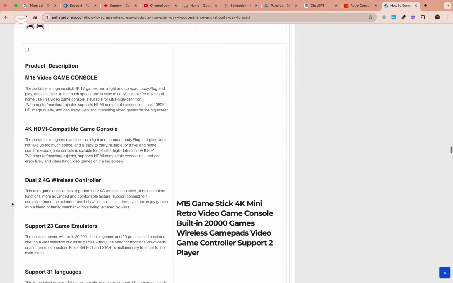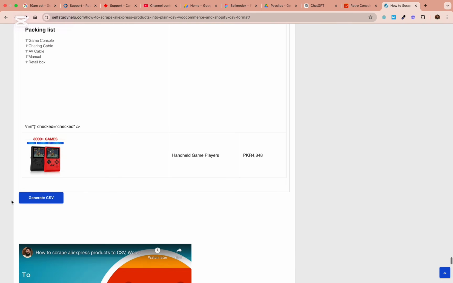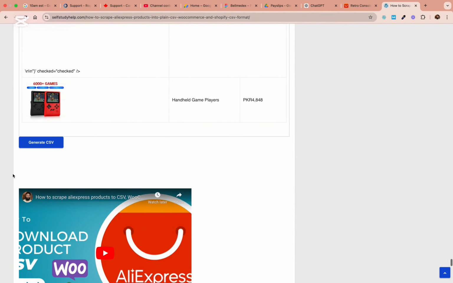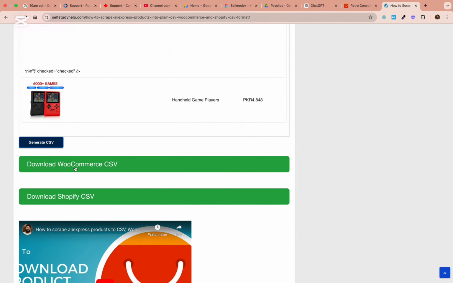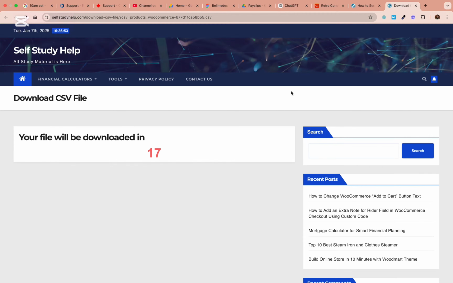Scroll down to the bottom of the page and click on Generate CSV. Once you click that, there will be two buttons appeared here. So click on Download WooCommerce CSV and wait for 20 seconds so it can generate the appropriate format to be imported into your WooCommerce store. Once the CSV is generated, you can download it and save it on your desktop